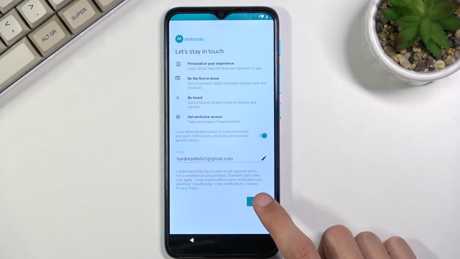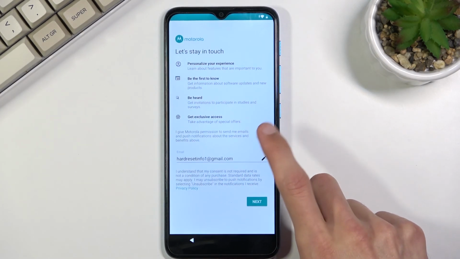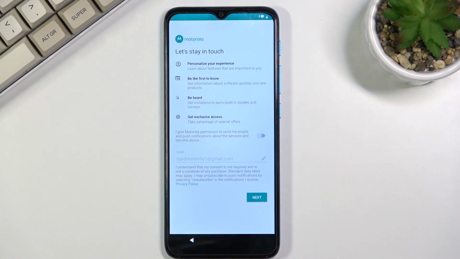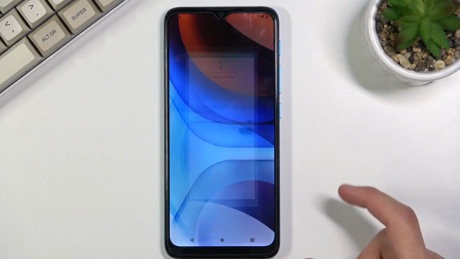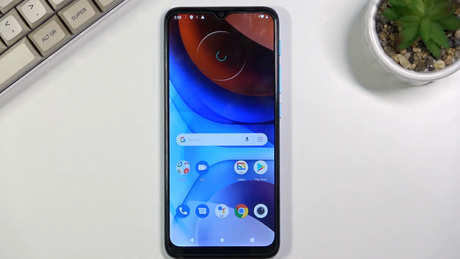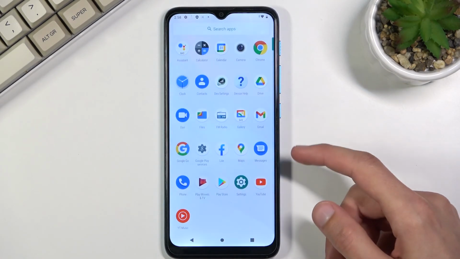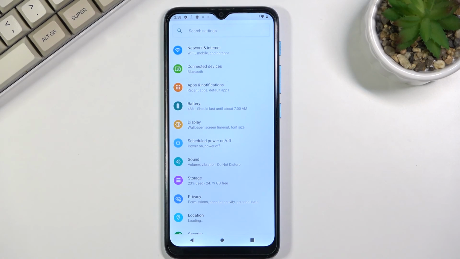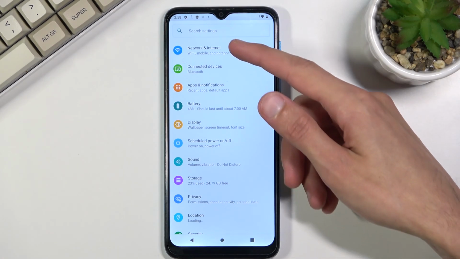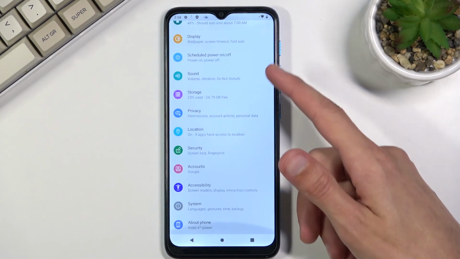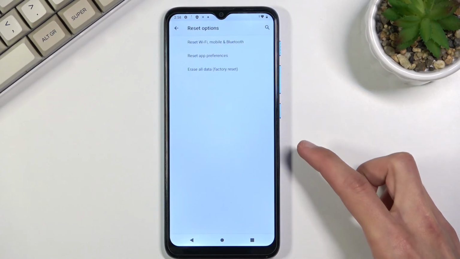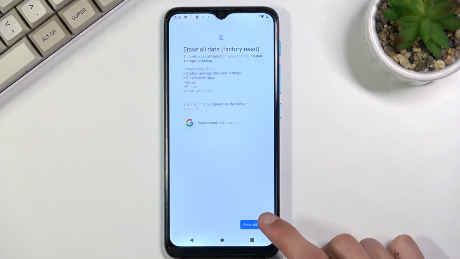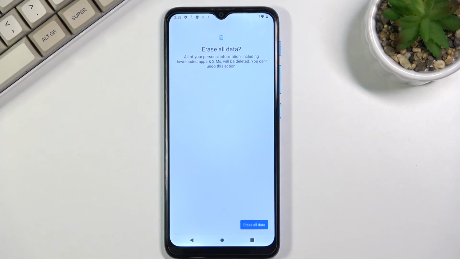Select accept and continue, go to the next page, there we go. Next, allow, and as you can see we have now access to the home screen, and what you want to do right now is simply navigate to your settings, and from here gonna scroll down to system, advanced, reset options, erase all data factory reset, erase all data, and once you tap on erase all data once more,